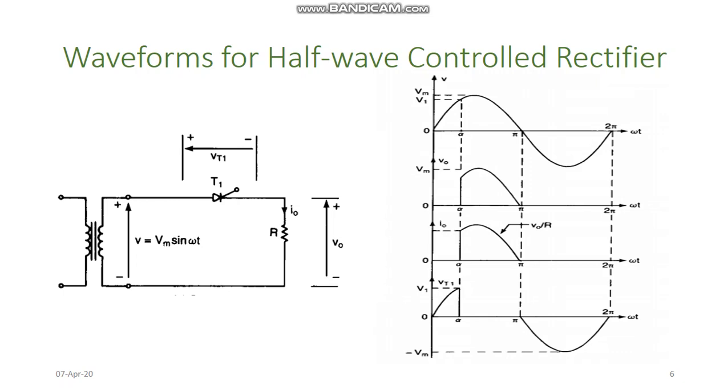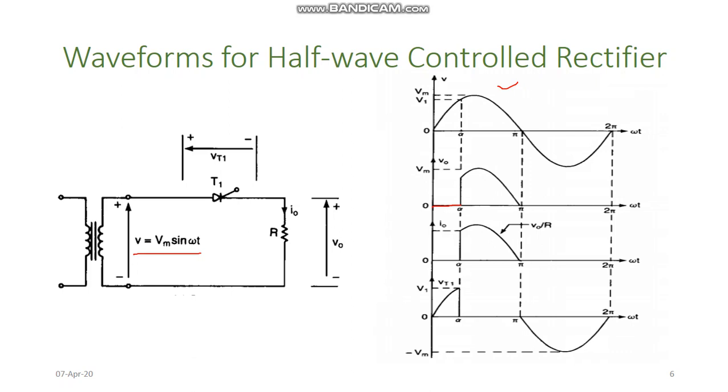Now we will discuss the waveforms for the half wave controlled rectifier. The first one is the waveform at the input side. This V is equal to Vm sin omega t. It is sinusoidal in shape, and if we consider the corresponding output, it is